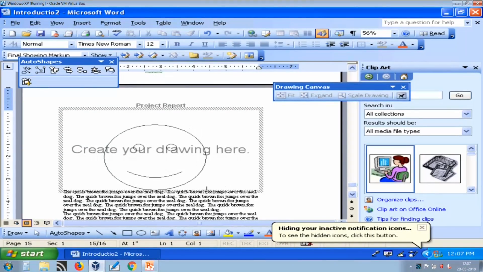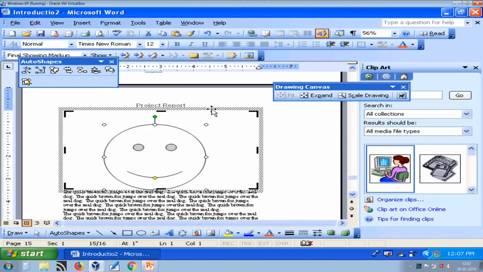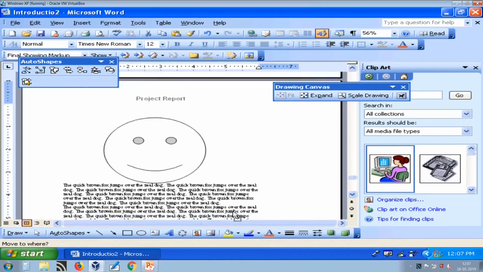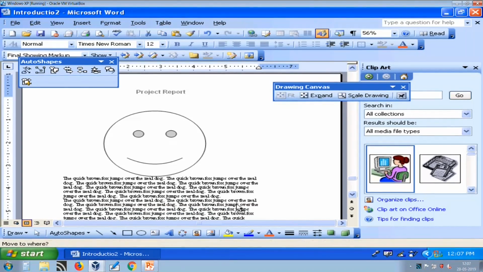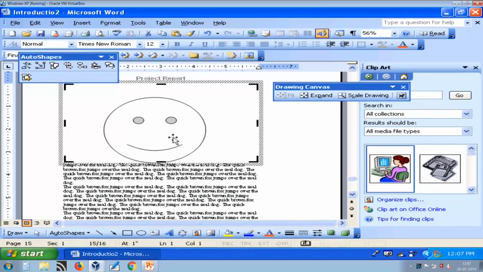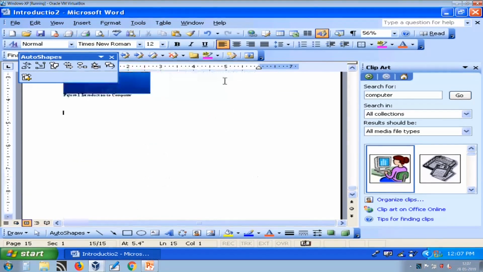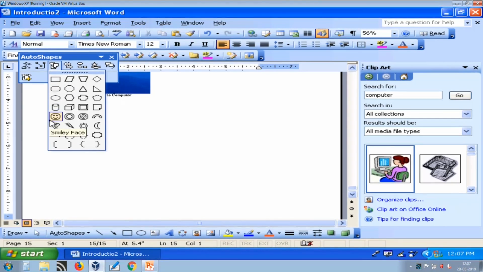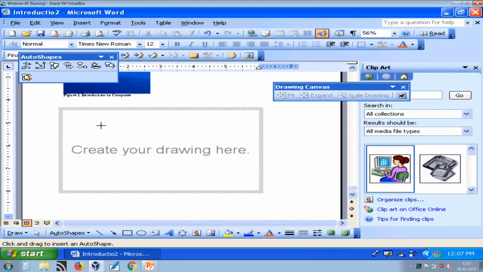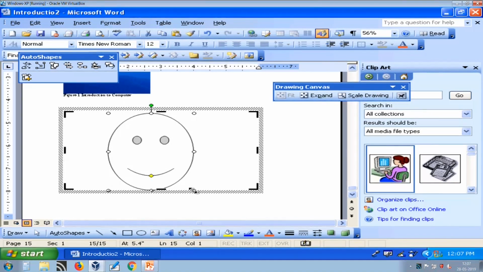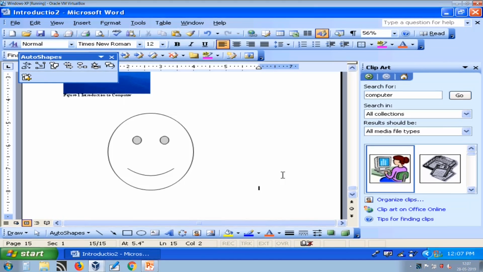So I need to just select and draw. If you want to delete these, you can just select and delete. I want to insert smiley face here, so I can use any of these shapes and just drag your mouse button to draw that shape.